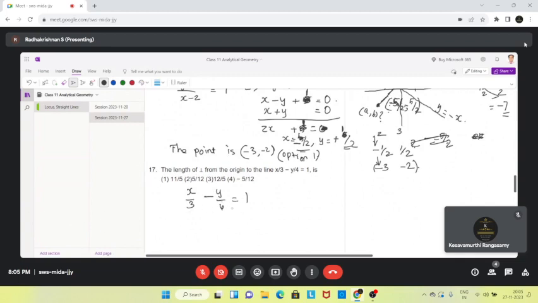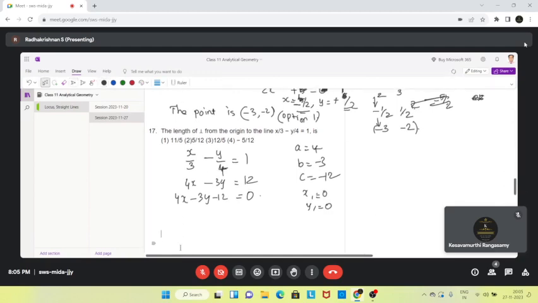So I multiply by 12. Then what I get? 4x minus 3y equal to 12, or 4x minus 3y minus 12 equal to 0. So we got it into standard form. That means a equal to 4, b equal to minus 3, c equal to minus 12, and x1 equal to 0, y1 equal to 0. We saw in another problem earlier, right? So the formula for the distance is